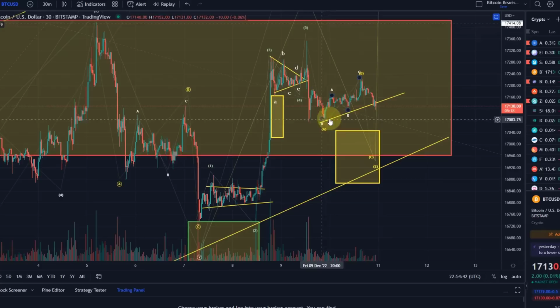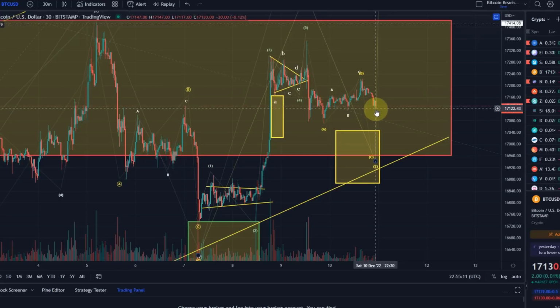The way this looks, this does not look impulsive. We even broke this trend line, even though it's not really a relevant one, is it? It has only 2 touch points, so we can take that out. But it looks like this is coming down a bit further. This move up just looked corrective, in 3 waves to the upside. So it looks quite impulsive how we're coming down. And if we take out the wave B low, which is exactly where we are now, 17,115 pretty much,